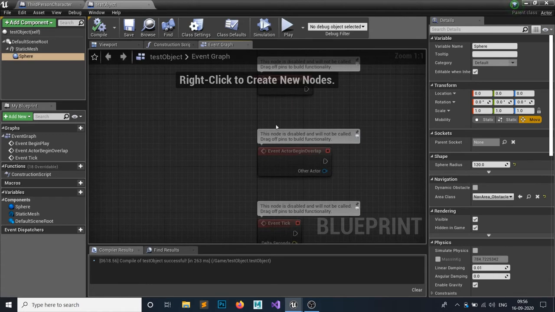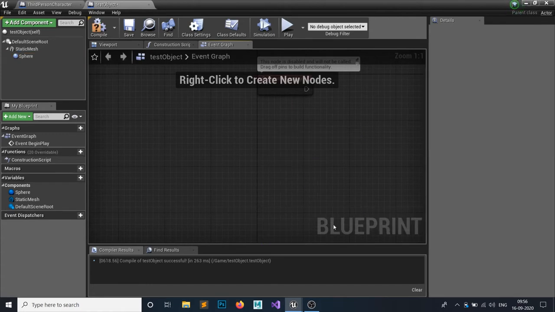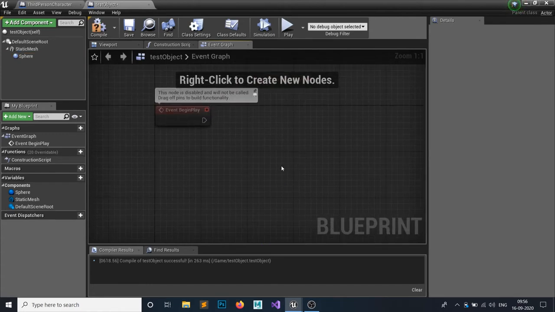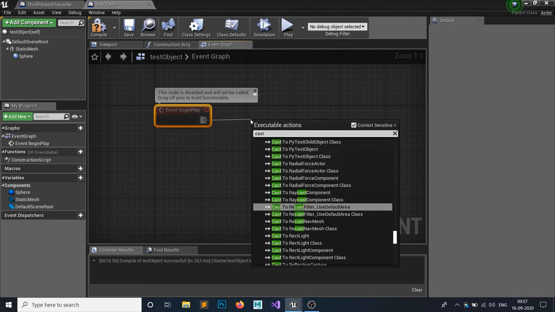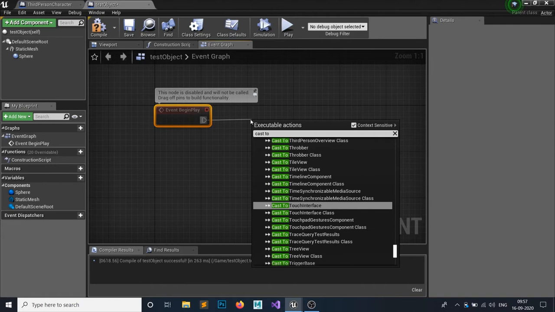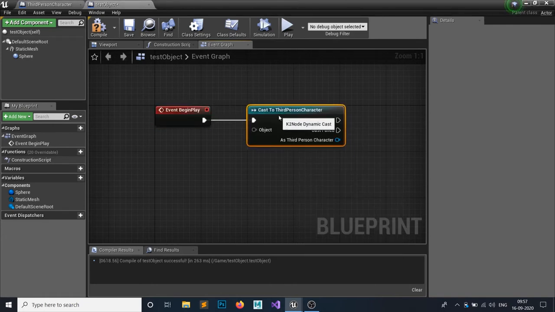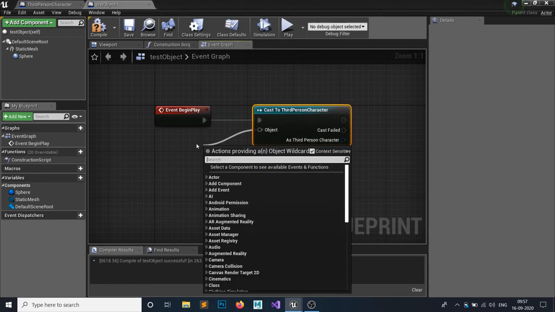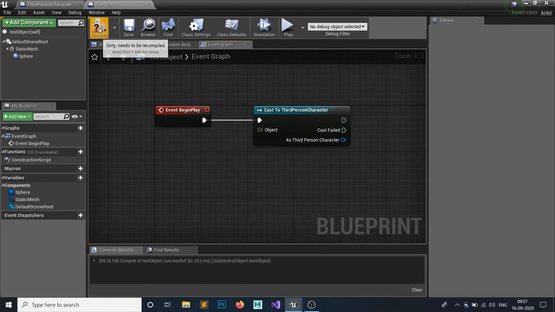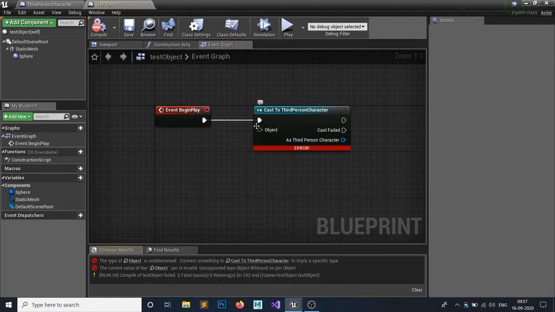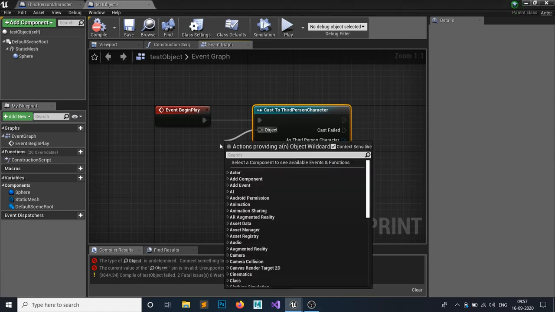Okay, inside this we don't need this, so just delete it. In the Event Begin Play, just cast to wherever your event dispatcher is. I have made my event dispatcher in the third person character, so I want to cast to my third person character and get the object. I see many people don't get this object reference, and then they face an error like this. So you need to cast this object. What is the object?